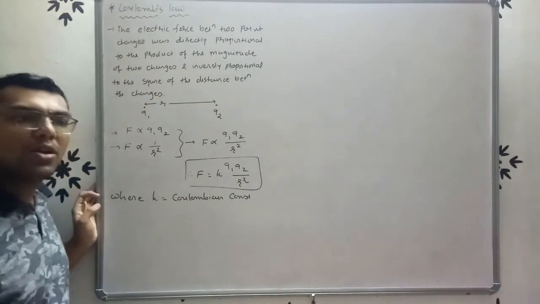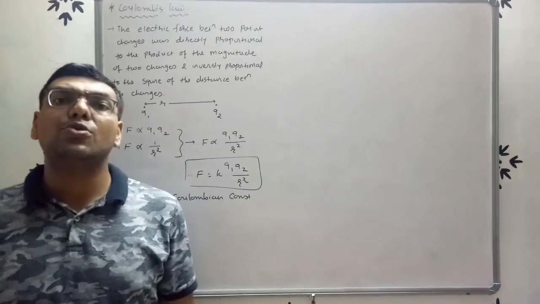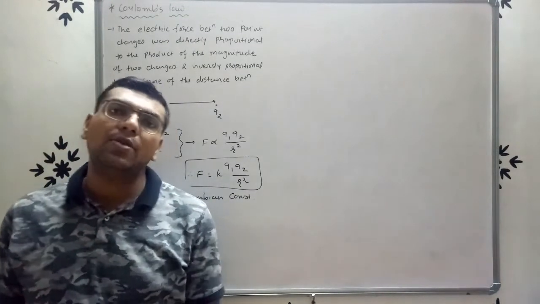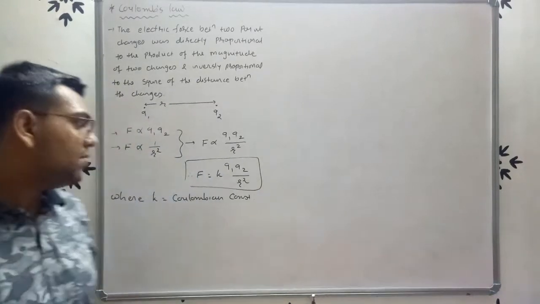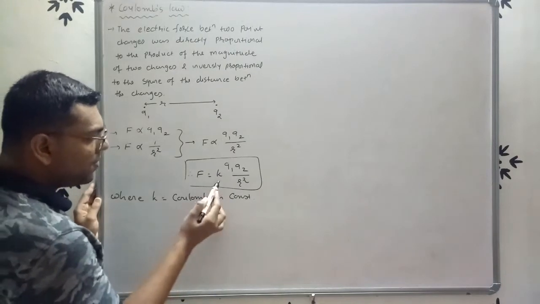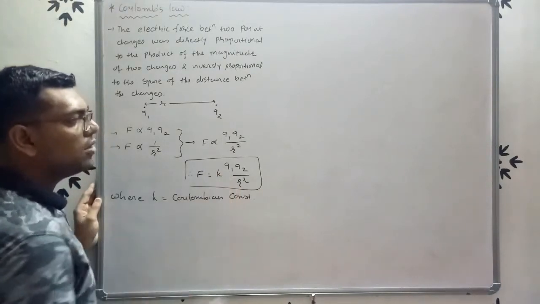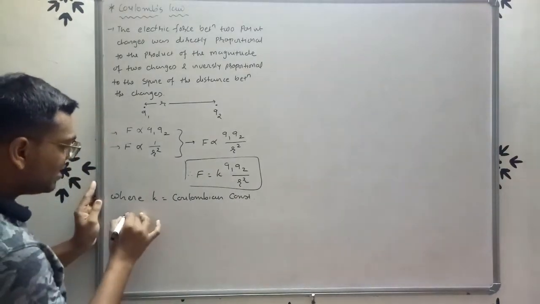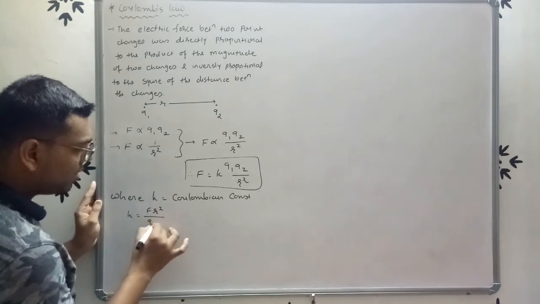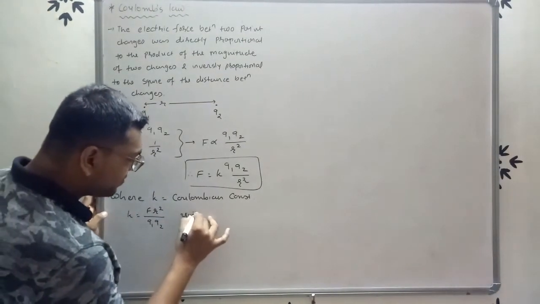Now the question is, what is the unit of the Coulombian constant? To find the unit of the Coulombian constant, we have to make k the subject. If we do so, we get k is equal to F R square upon Q1 Q2. So the unit is,